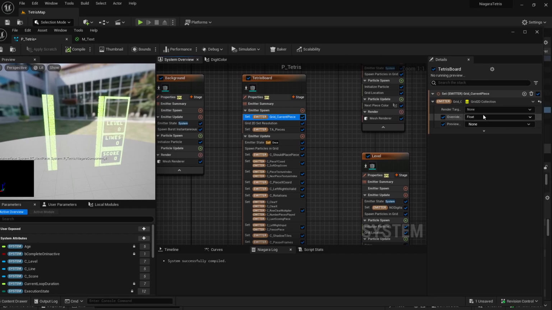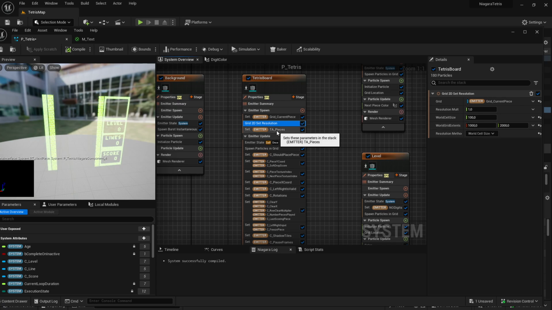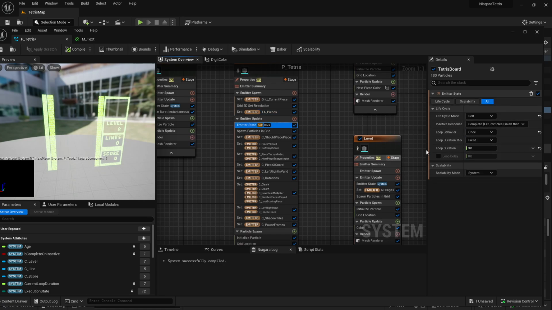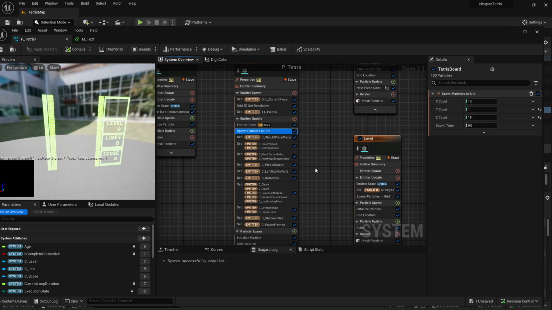So I have a grid 2D that's 10 by 20 and it's 100 world units per cell, so it's 10 by 20 with 100 units each, like this. And I have a texture array for the Tetris pieces. That's the one I showed you earlier. So this is the loop behavior. It starts once, then it spawns 10 by 18 particles in a grid, because the Game Boy screen is not 10 by 20, it's 10 by 18, so it's only rendering the 18 bottom rows. The top two here are not being rendered, but they're being used for calculation,